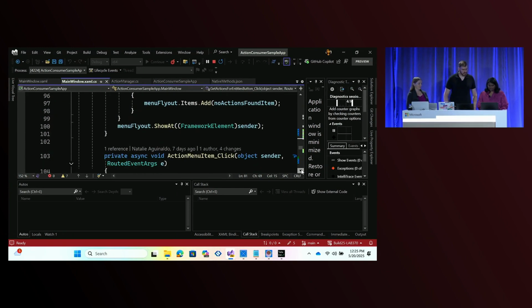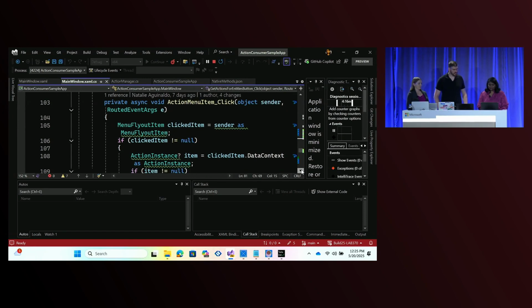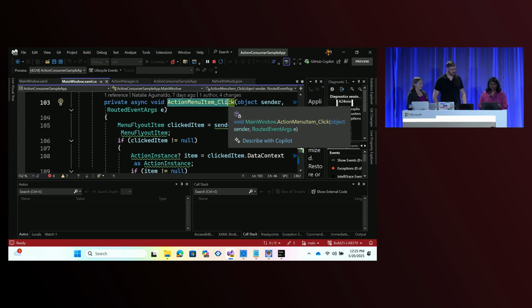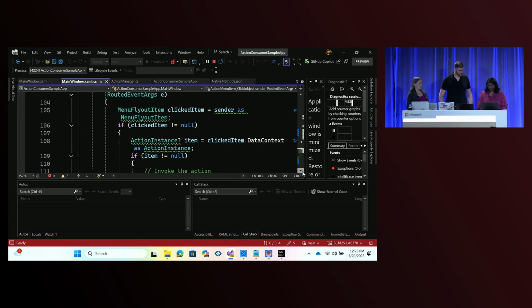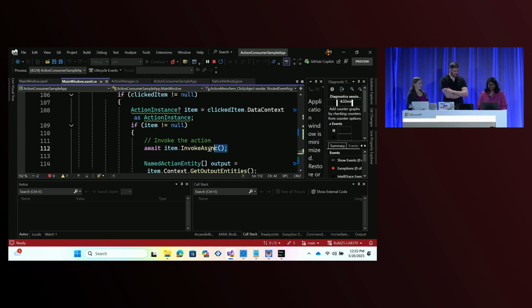But the next thing that is important is when the user sees your list of actions, in the case of our app, the Fourth Coffee app, they choose one of those actions. So they have clicked on a menu item. Now, go ahead and invoke that action. In the case of the interaction that we just saw, Fourth Coffee is invoking the to-do list action, and that action is getting added to the to-do list app. So that's the key step here.